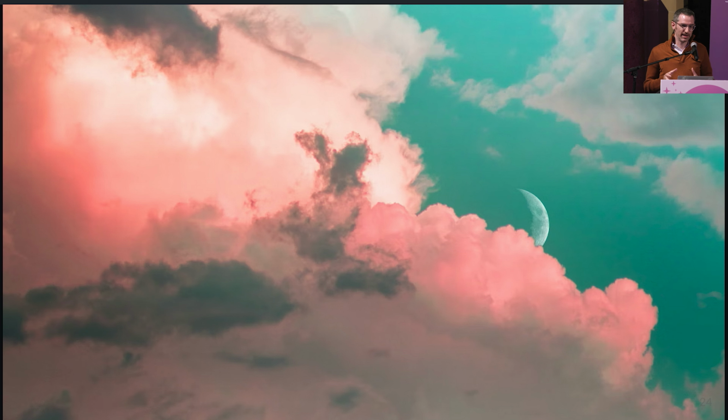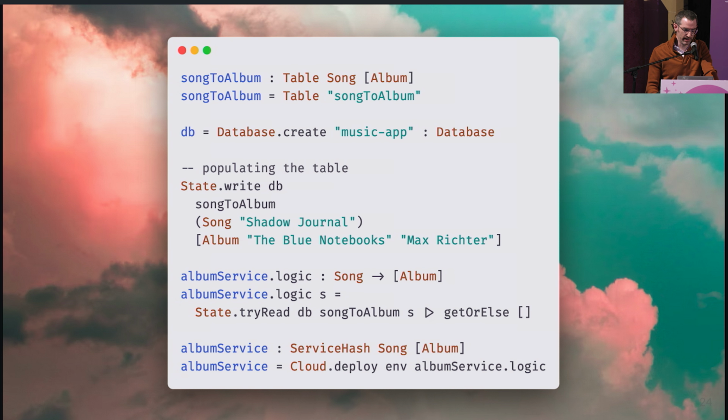Serializing a service when you're doing a deployment, it's the same kind of thing as serializing values of your language to the storage layer. And so we're going to just apply the exact same tricks that we've done before. Here's an example of how that shakes out in terms of the API. So you can declare these typed tables. The tables can have any key type, any value type.